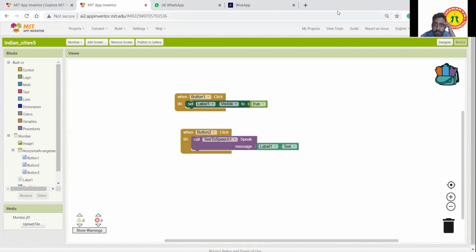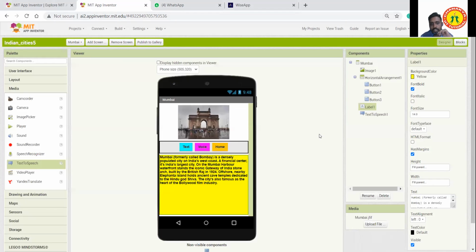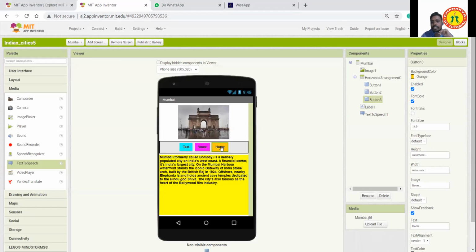Shreya, Pranav. Yes, sir. Okay. So try to do for the screen 3, the third button. Anyone have any idea? Screen 3 is very simple. Screen 3 is the home screen. If I click this one, it will just move to the home screen.